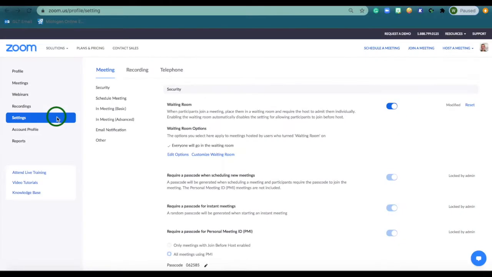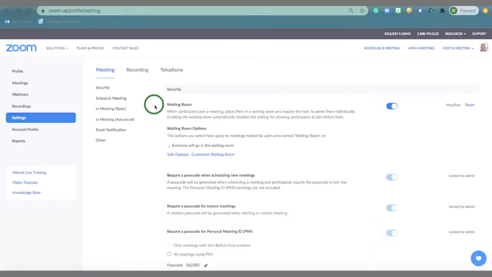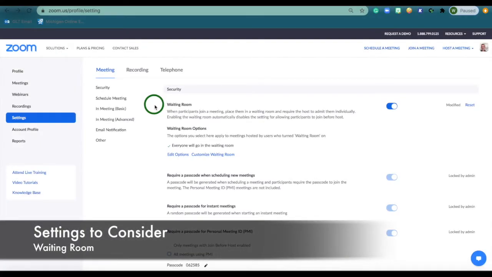There are several important Zoom settings that we're going to want to consider so we can run an effective online classroom and manage those Zoom rooms. Let's take a look at them. The first Zoom setting that I would enable is the waiting room. The waiting room is just going to place my participants in an empty room by themselves, and I can admit